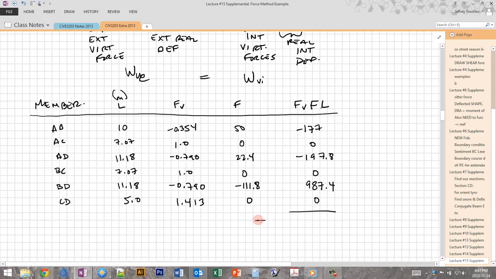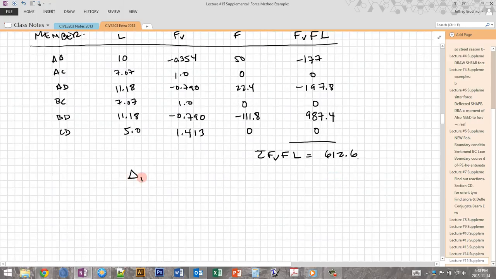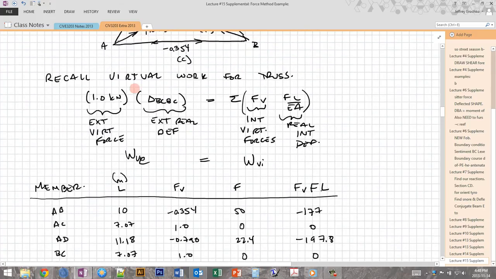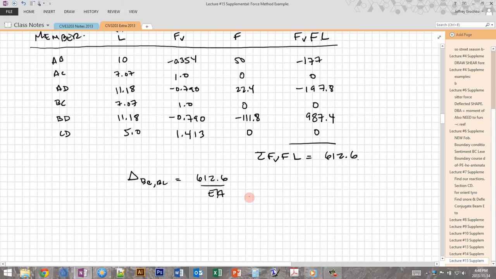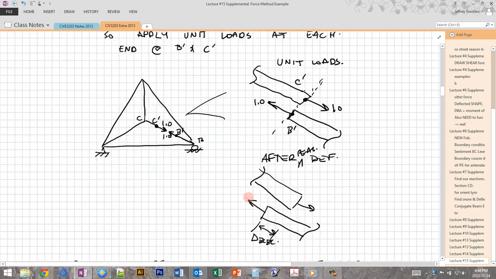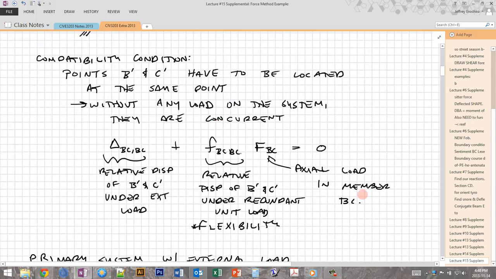So this is sum FV F times L, and that's going to equal 612.6. So then our delta BC, if we arrange this equation, which is our virtual work equation, we get 612.6 divided by EA. Remember, EA I left on the outside. So that's delta BC, which is the first part of our compatibility condition for this force method truss analysis with